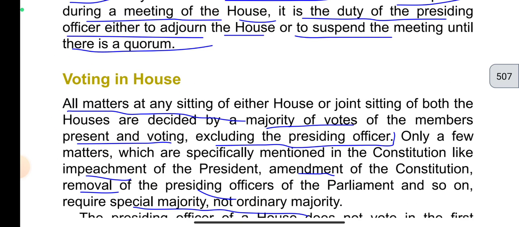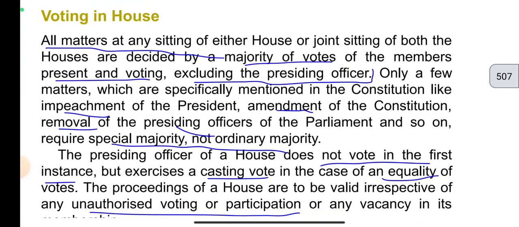Now voting in house. All matters at any sitting of either house or joint sitting of both the houses are decided by a majority of votes of the members present and voting, excluding the presiding officer. तो ये वोटिंग इन द हाउस है। प्रिसाइडिंग ऑफिसर वोट नहीं करते, ओनली अ फ्यू मैटर्स व्हिच आर स्पेसिफिकली मेंशन्ड इन द कॉन्स्टिट्यूशन लाइक इम्पीचमेंट ऑफ द प्रेसिडेंट, अमेंडमेंट ऑफ द कॉन्स्टिट्यूशन, रिमूवल ऑफ द प्रिसाइडिंग ऑफिसर्स ऑफ द पार्लियामेंट एंड सो ऑन रिक्वायर स्पेशल मेजोरिटी नॉट ऑर्डिनरी मेजोरिटी।